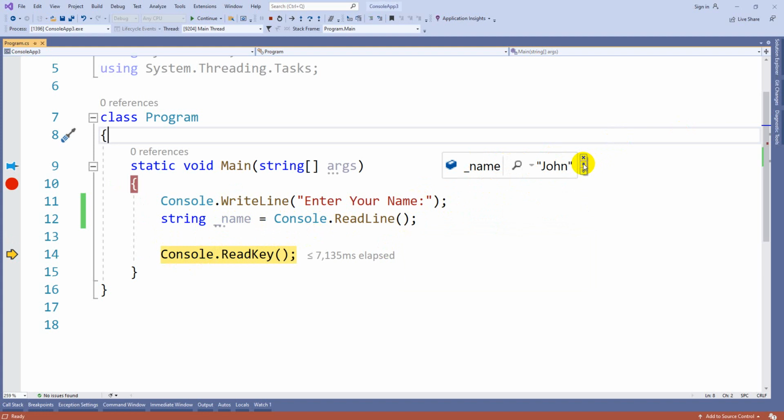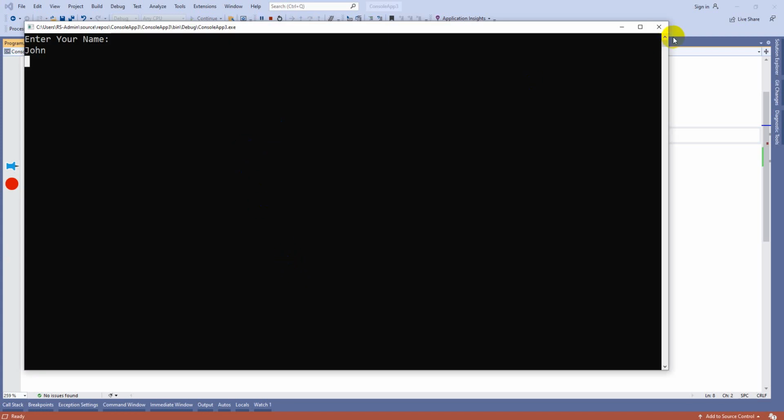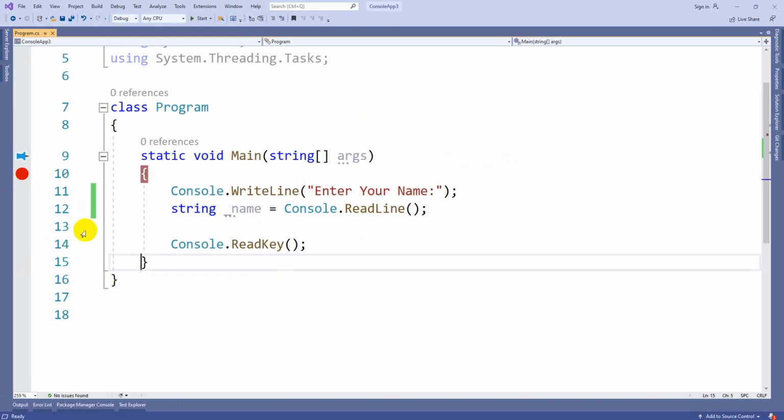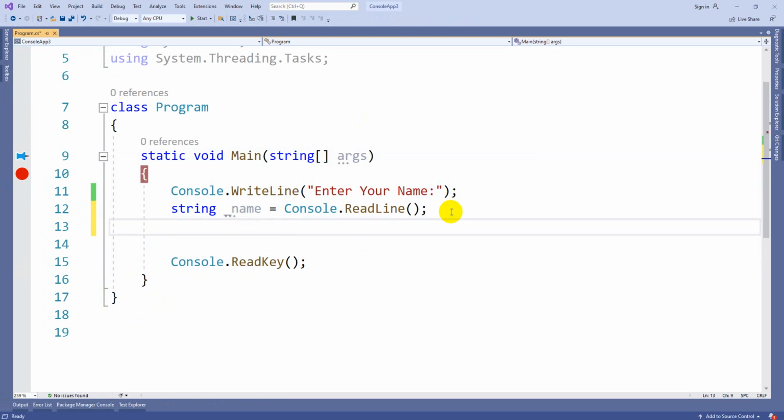I can pin this; the pin symbol will help me see the data inside the variable. That's it. You can hit the F10 key and the execution was completed. It is waiting for a key, so it is getting closed. This is how you can see the execution line by line. Now you got the name, and I just want to print it back on the screen.